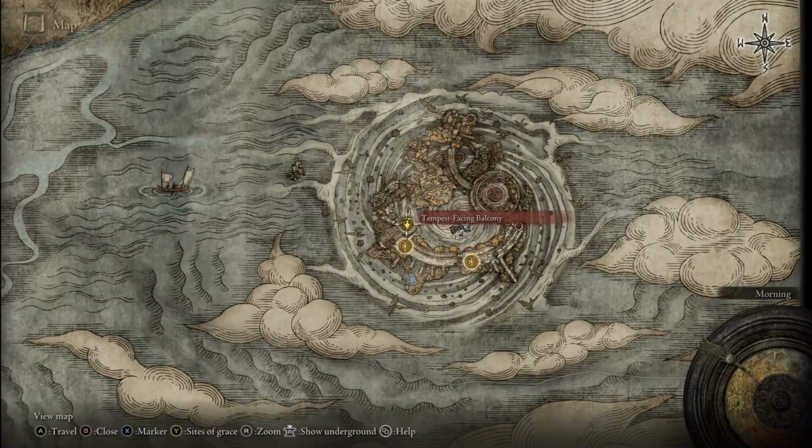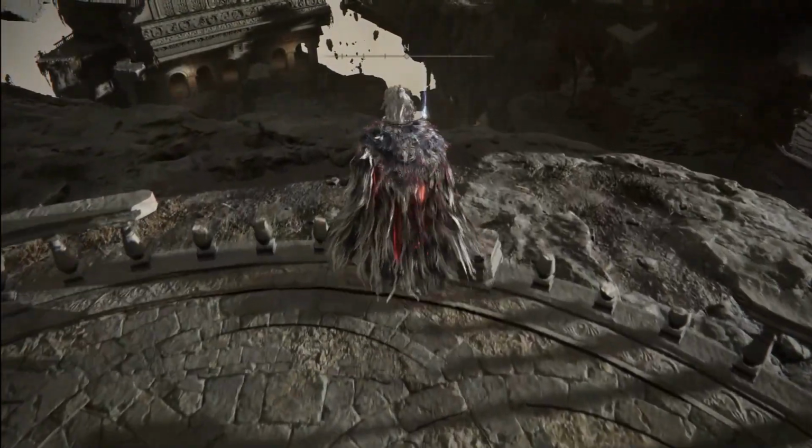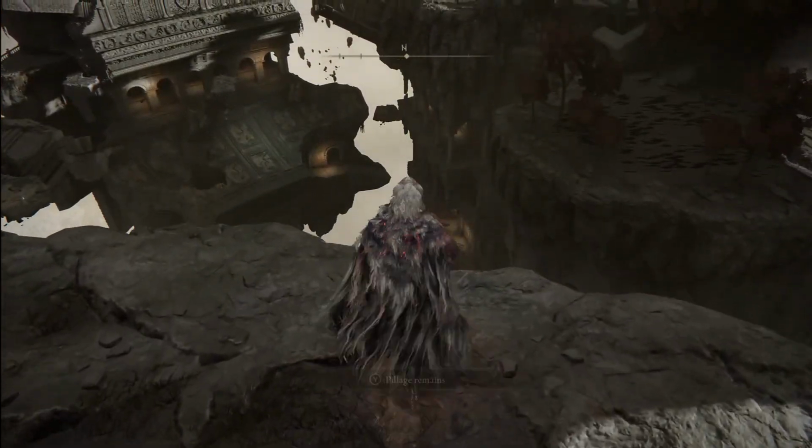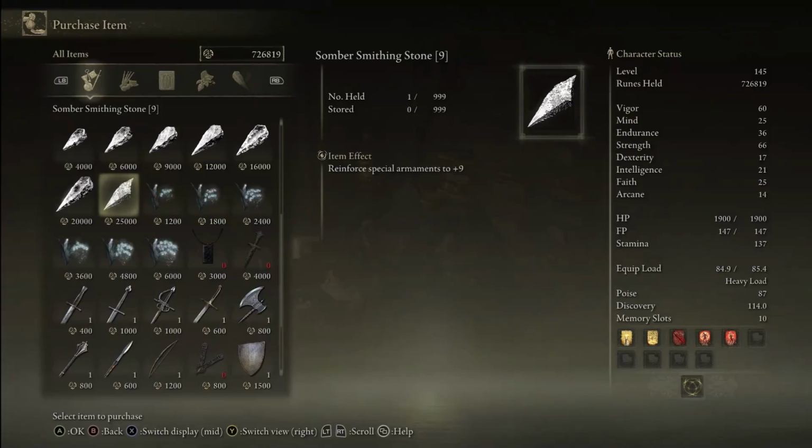So from the Tempest facing Balcony Grace, you have to go through this to progress anyways. It is right here at this corpse, directly north of the Grace. Pretty simple, right? Now to get infinite Somber Smithing Stones 9, we need the Somber Stone Miner's Bell Bearing number